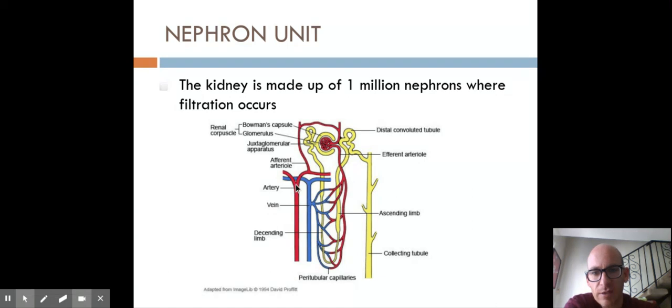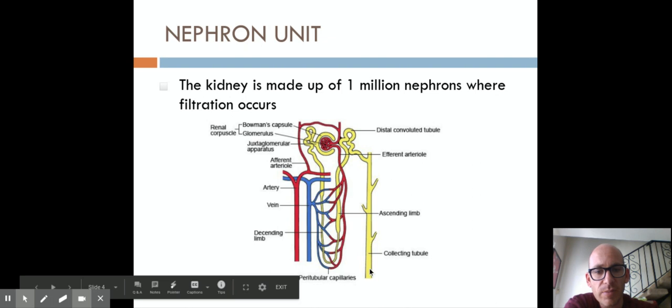So we have red blood going in, and it goes into this little capsule of blood, which is a whole bunch of blood vessels all together in a small place called a glomerulus. It is wrapped around by this yellow tube, called the Bowman's capsule. Then that tube goes down here, loops back up, and then out. And ultimately this ends in the bladder.